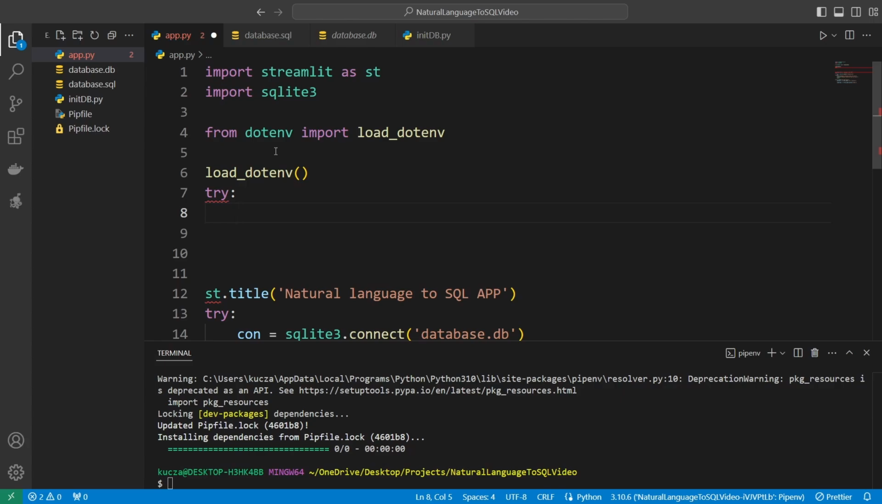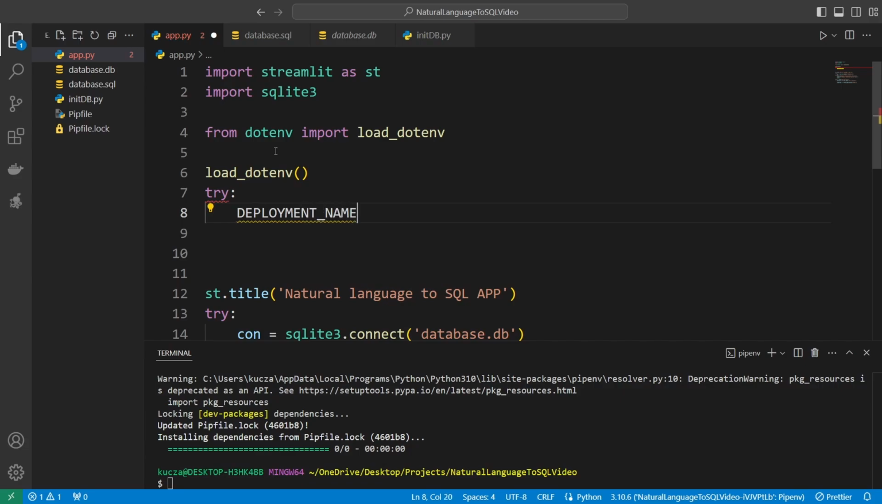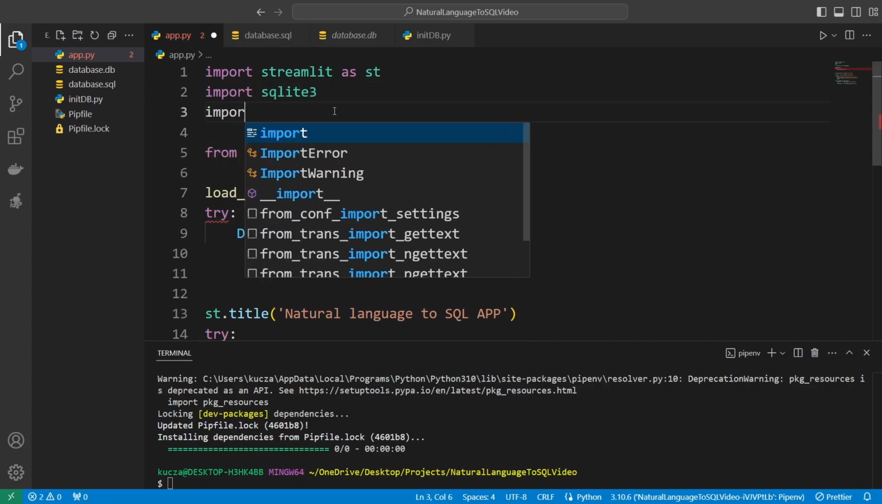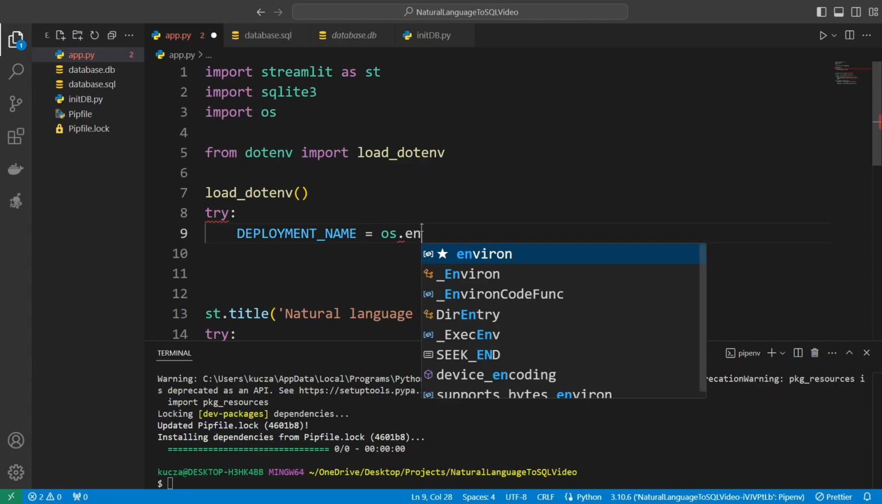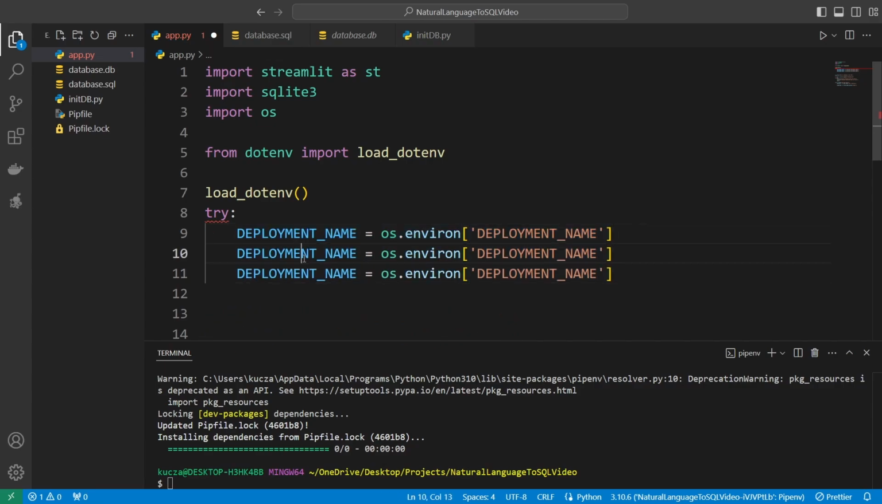We will need 3 environment variables that will be used as credentials to connect to our Azure OpenAI API. First off will be our deployment name. Let's just save it as deploy as a variable. I like to keep my global environment variables as all caps. I will just use the os package that I need to, of course, import. This is also built into your Python. You just say os.environ, and here in the square brackets, you say the name of the environment variable that you will be using later on. I will just copy it 2 more times because we will also need